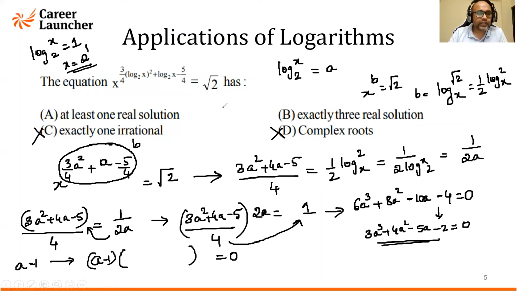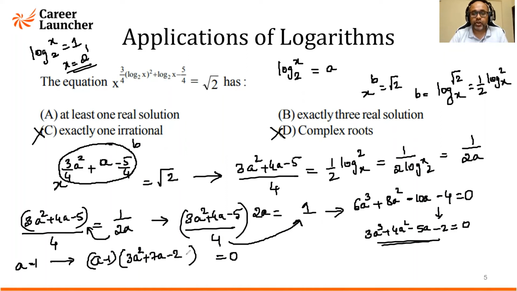Is it the only solution we have, or do we have more than one solution? Okay, so let's look at what will be the remaining quadratic equation if we take out a minus 1 as the common value. So if you do synthetic division, or if you can observe things over here, you will be able to get it. So if you can observe here, you can write the remaining quadratic equation as 3a square plus